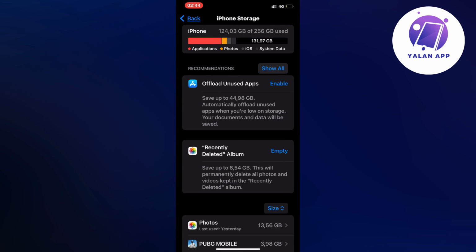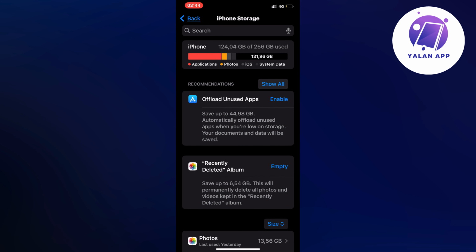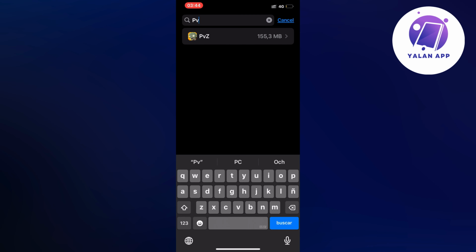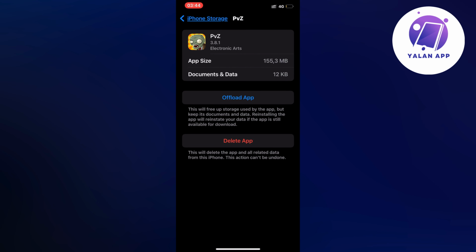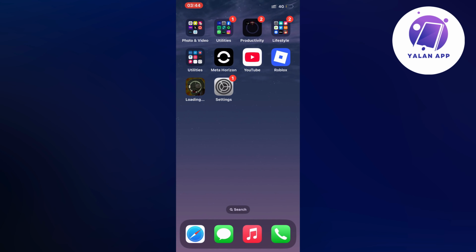So now in here, I just swiped up like this until I can see the search bar up top. So just click on the search bar and then just search like this. PVZ, as you can see, just click on the app. Now click on upload app and once again click on upload app in here. Then click on the blue button here once again, and just simply wait for your Plants vs Zombies app now